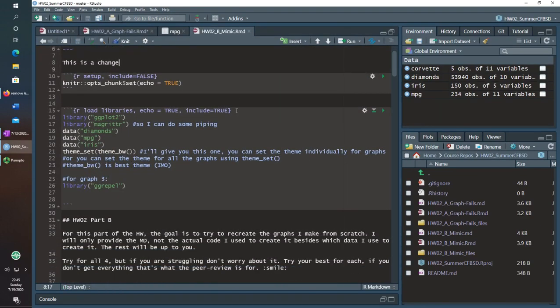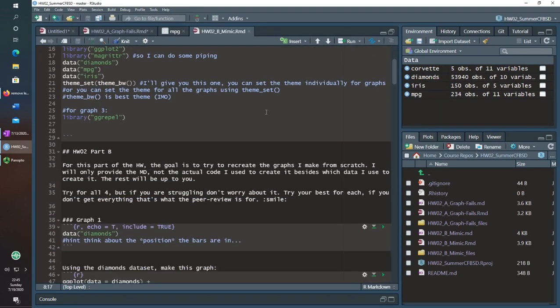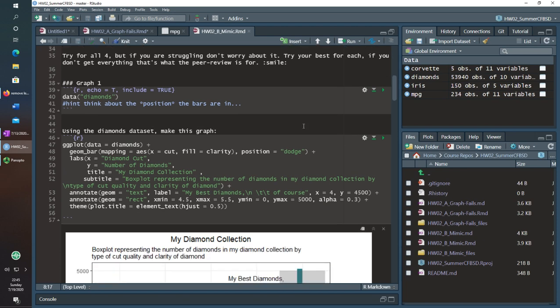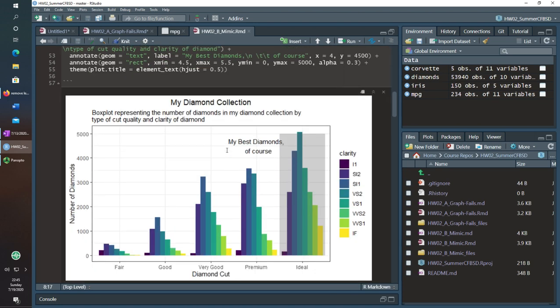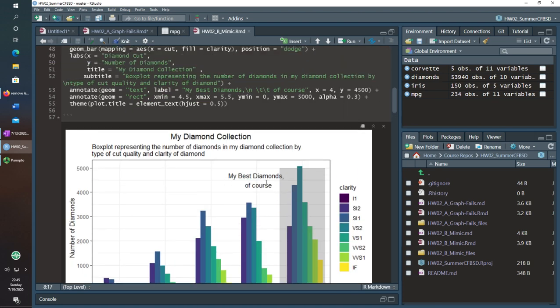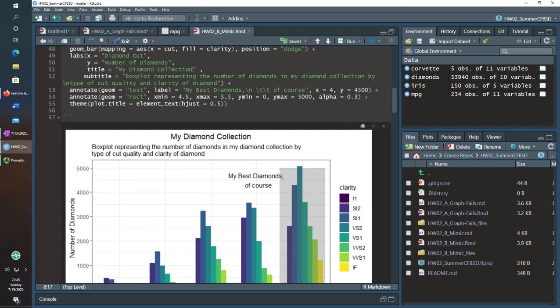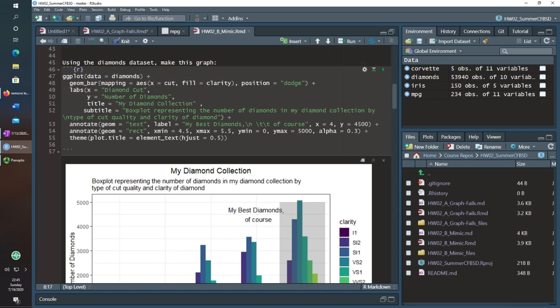So let's go over to the mimic, and I ran all of these as well. So this is how you make the graph. So here's the graph and everything. Some of the things to note about it. We made a bar graph. The bar graph, geom_bar, automatically counts, and I actually made a video recently going over geom_col.